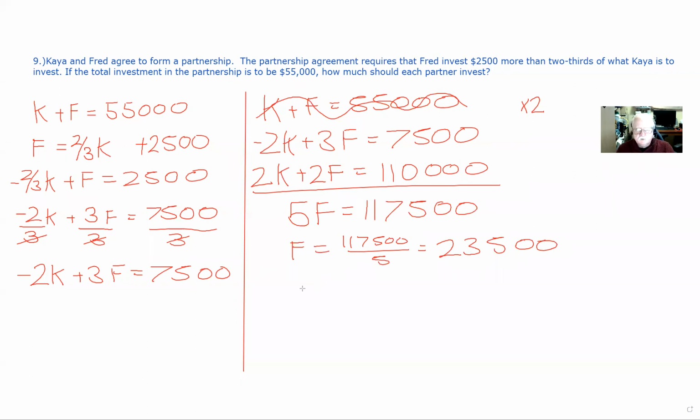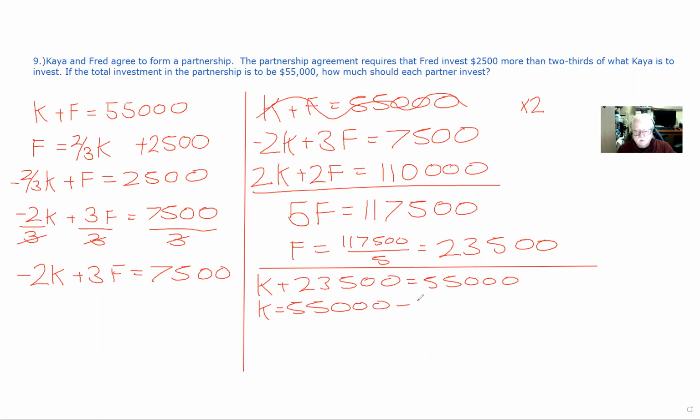So that's all fine and dandy as far as it goes, but we've now got to plug it into these other equations. The first one, pretty easy. K plus 23,500 equals 55,000. So K equals